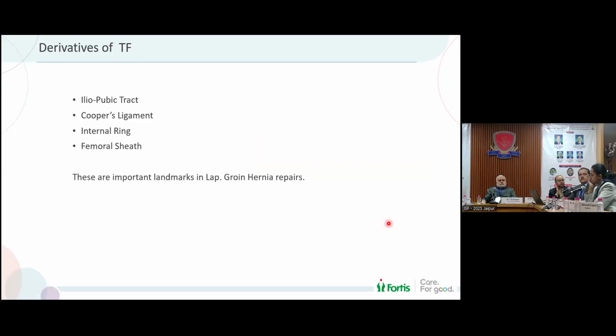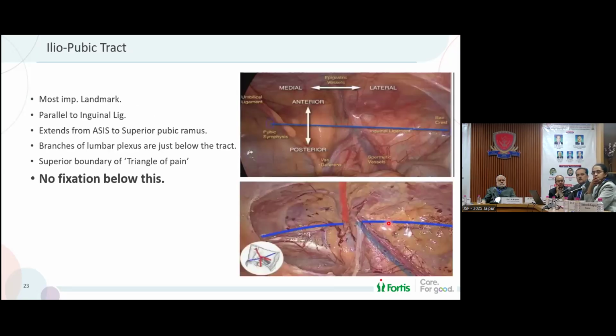So now we come to the derivatives of the transversalis fascia, which are the iliopubic tract, Cooper's ligament, the internal ring, and the femoral sheath. These are important landmarks. The iliopubic tract runs from the ASIS, the anterior superior iliac spine, to the pubic ramus medially. It's parallel to the medial inguinal ligament. What we see in